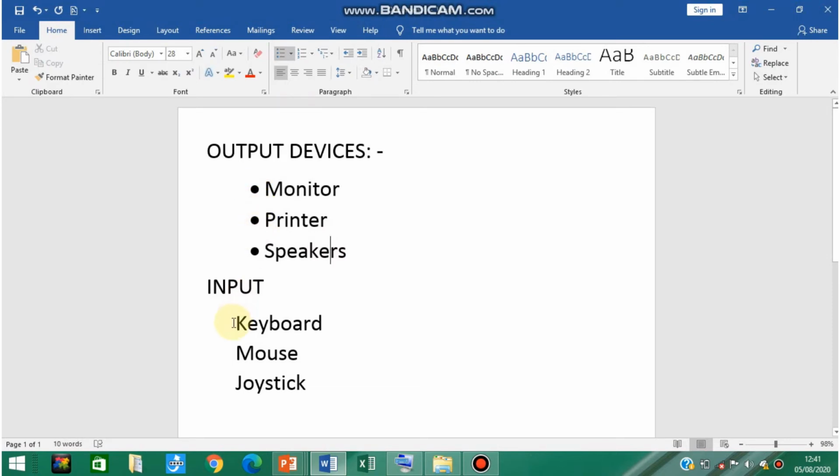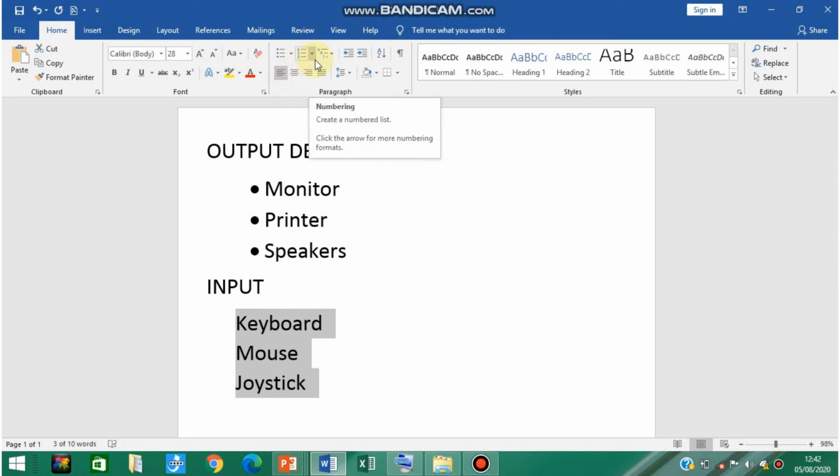Now similarly, when you want to add numbers to the list after creating the list, suppose the list has been created and you want to add numbers to this list. The process is the same: select the whole list, then move inside the numbering option inside the paragraph section.